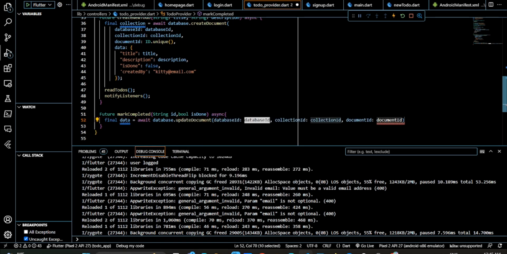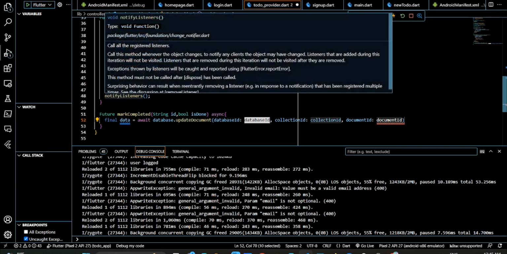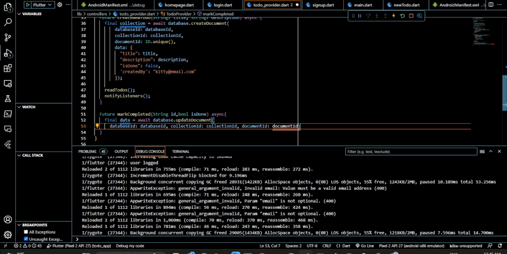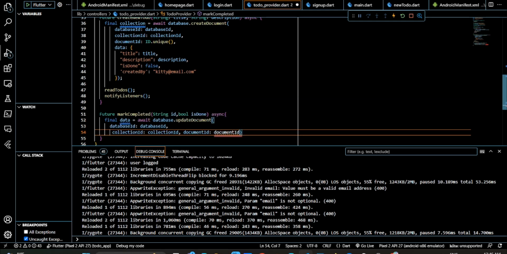That's great. We need indentation. So now